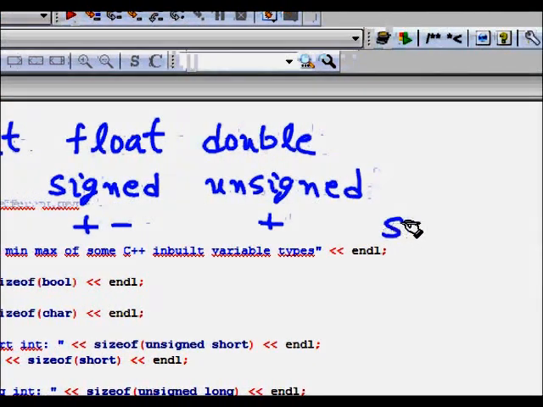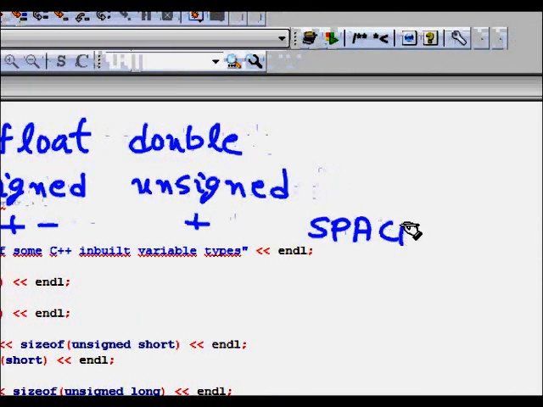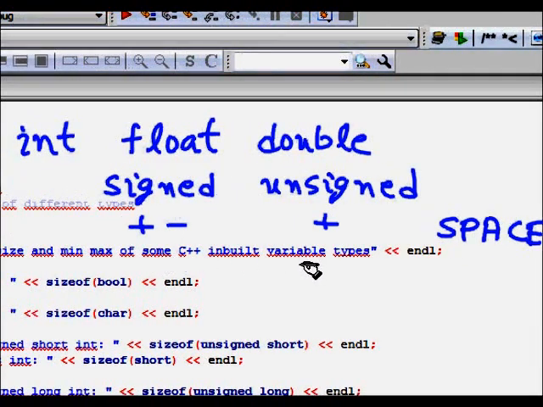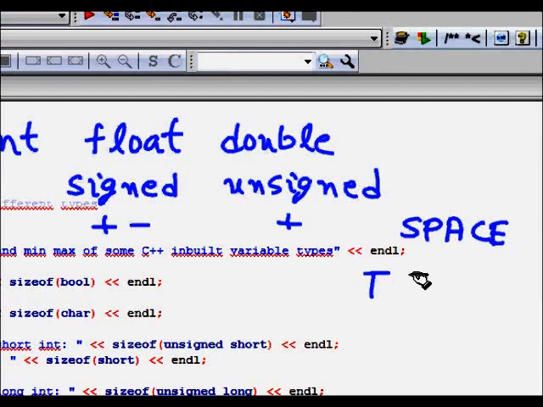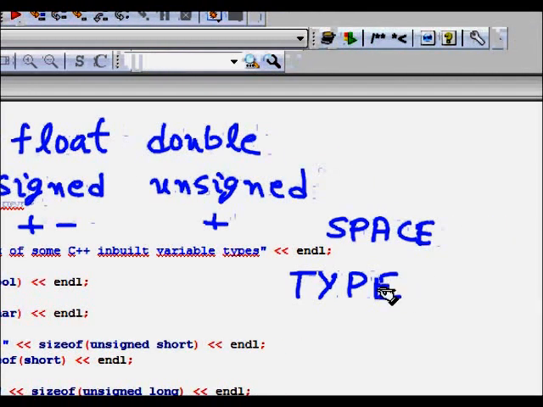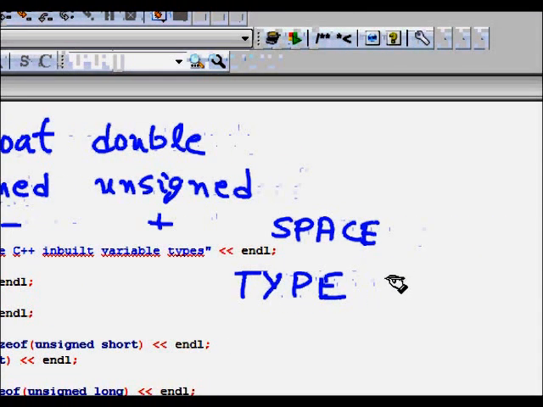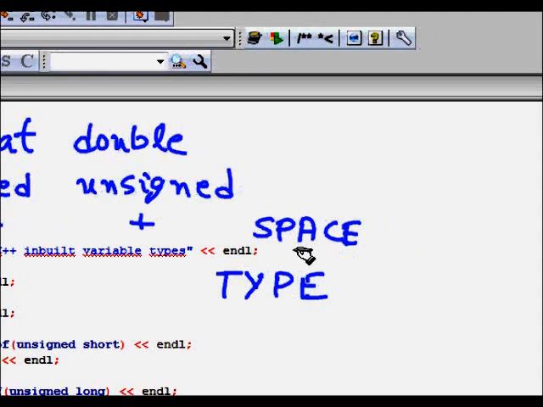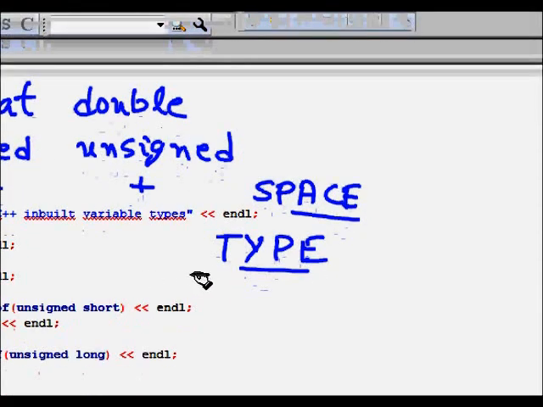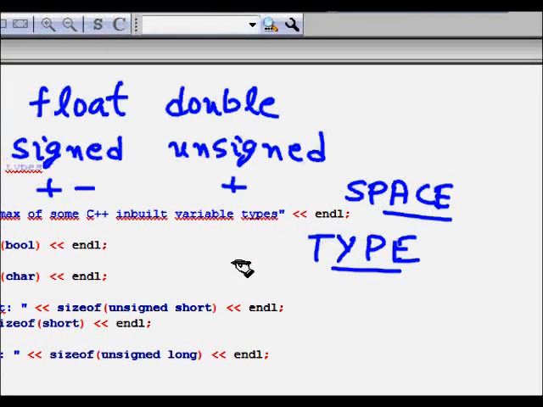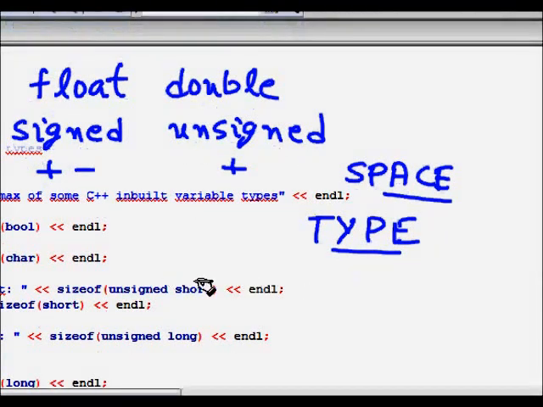Next is how much space is used by your variable. Each one has a type, and then you need an amount of storage space.